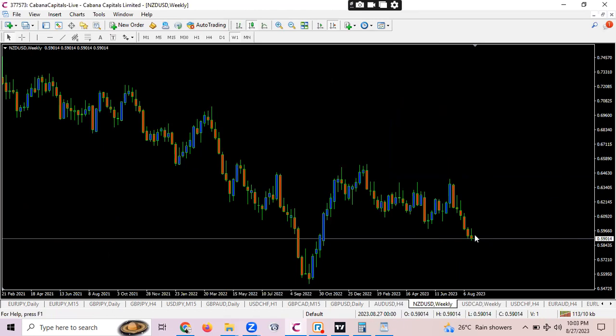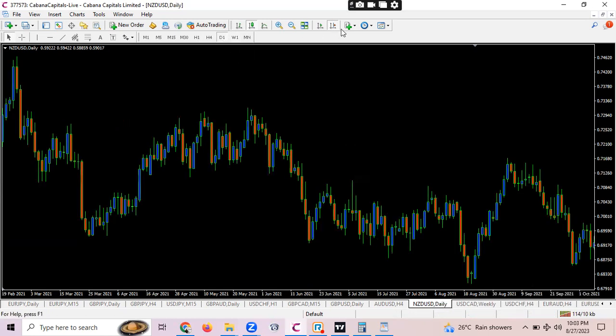But we cannot just jump in and start buying New Zealand USD because the inverted hammer is a bearish inverted hammer, which still indicates that we have a few sellers in the market. So it will not be wise for us to jump in and start buying. Before we buy, we want to be sure that we have enough buyers in the market. So we are to wait for the daily candle to close bullish. The next daily candle should close bullish before we consider buying